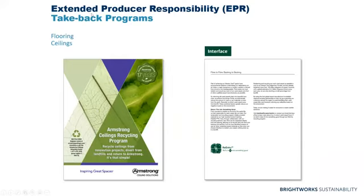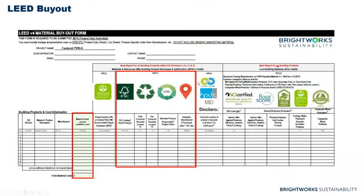A take-back program, which is valued at 50% of the product cost, is something that we're starting to see with more interior products, where you can get documentation that talks about how at the end of the product's life, that material can be sent back to the manufacturer, and they will use that material and turn it into a new product, hopefully. And then in Buyout, from all of our subcontractors, we want to be collecting all of this information as well as the costs, so that we can collate it into our calculator